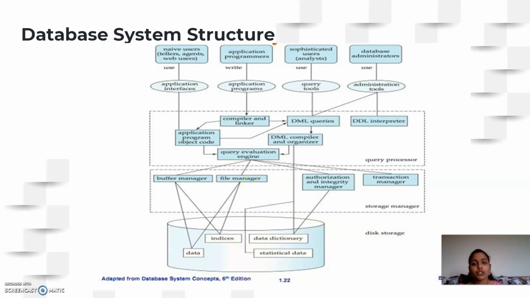So here, by making use of the file manager, you will be able to identify the location of the files that you wanted to access from the hard disk. If they have any indexes, you will be checking it from these indices, and then after identifying the location, the file manager will give you the location ID of the file. Directly go to the data and obtain data into the buffer manager, and buffer manager will display that to the end user.